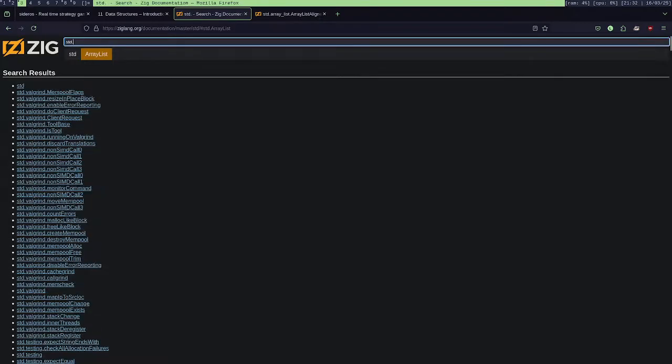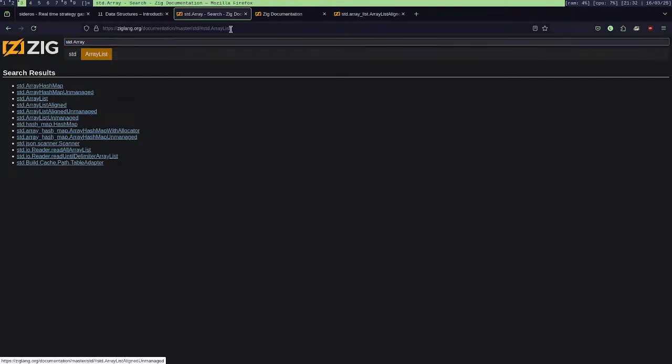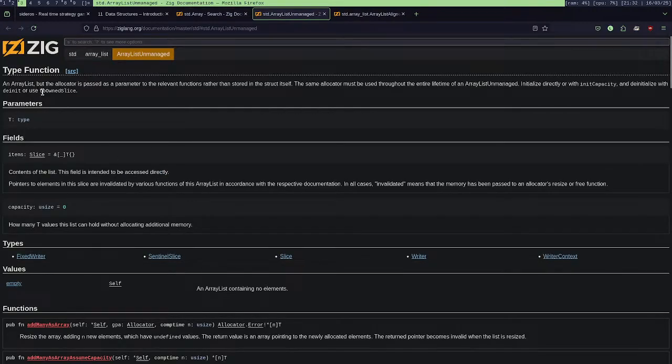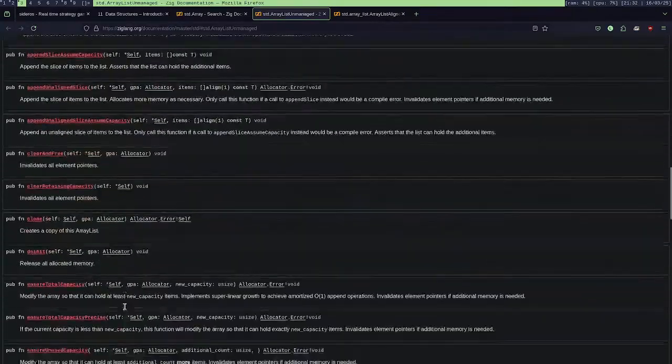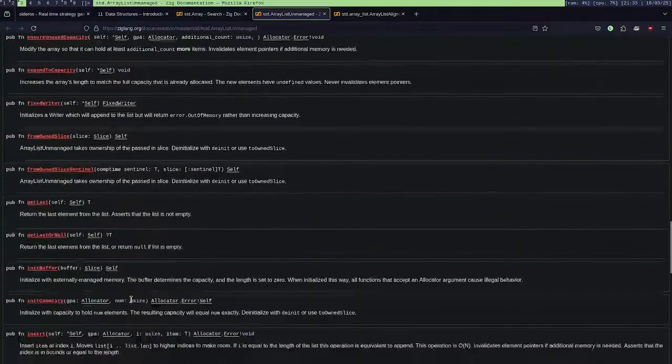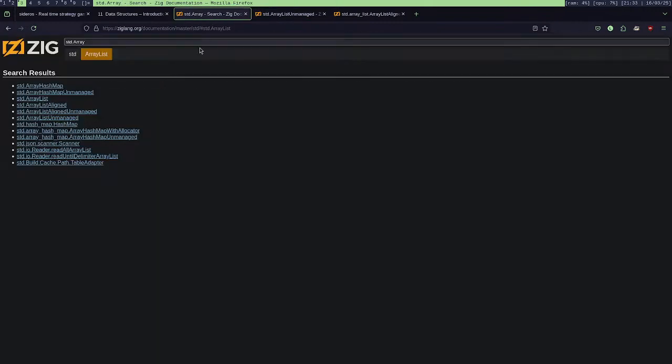Let's see if there is some kind of array list. Okay, what's unmanaged as a parameter? Okay. So in this case, okay, it's not really what I need.